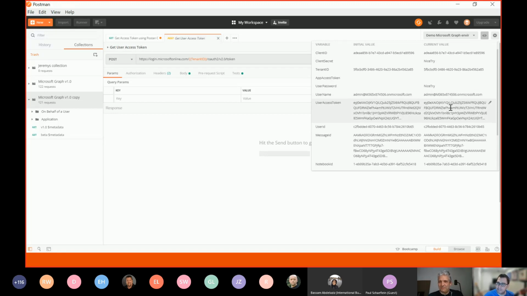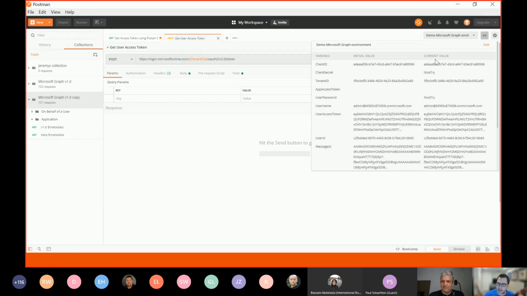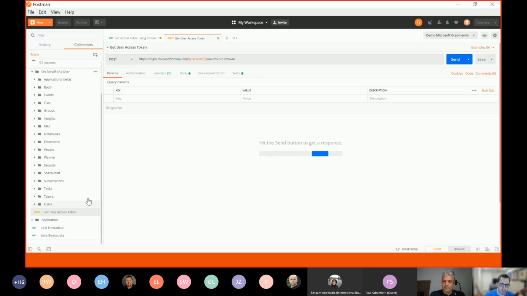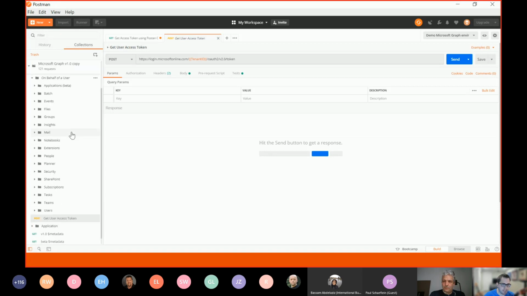Thank you. And you'll see here that I'm putting in all the settings that I get from inside of my application I've registered inside of my tenant. So much like what Daryl just showed with the client IDs and the secrets and the tenant IDs, we have to have these configured in here, enabled for this to work. If you try and run this without setting those things up, you will get an error. So the first thing you need to do